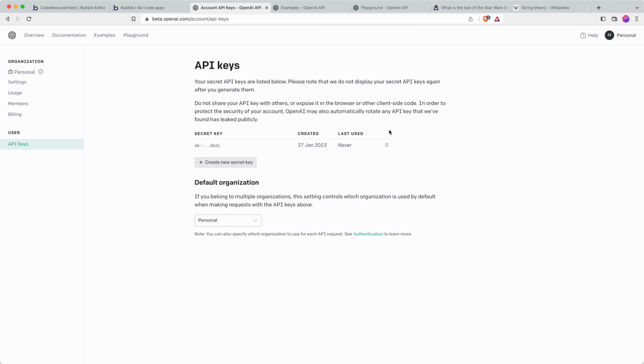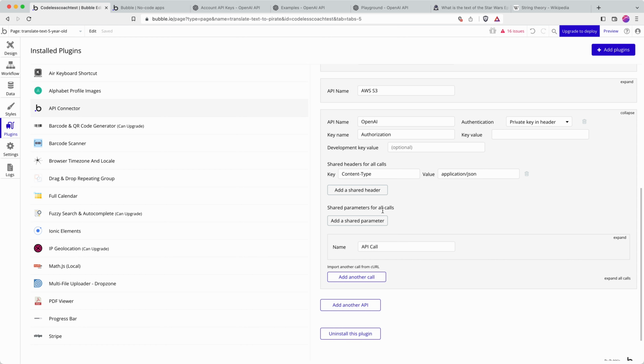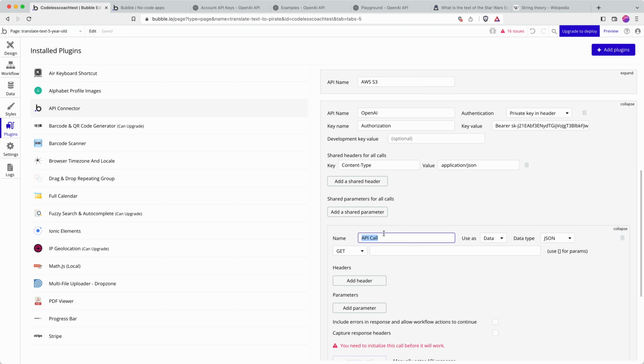So I go into my OpenAI account area and I create a new secret key, and I will be deleting this as soon as I've recorded the video, so no one's getting any freebies. Bearer, and then pasting my API key in there. Right, and then I start building up my call. So I'm going to say generate text,